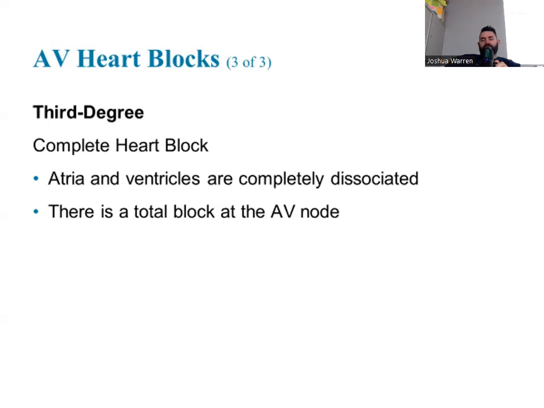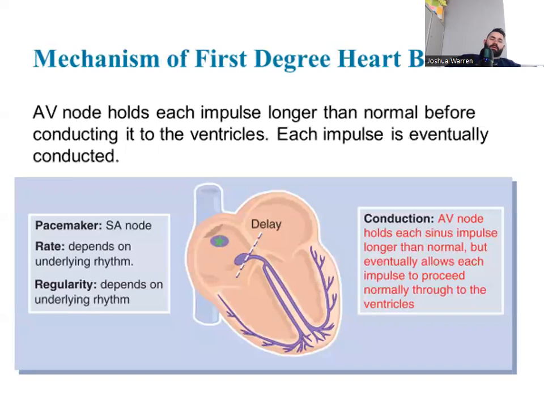Let's take a look at a picture that helps you understand a first degree heart block. So the dominant pacemaker is going to be who? The SA node, sinoatrial node. It sends a signal from where? SA node through the intranodal pathways to the AV node. AV node is supposed to hold that impulse for about 0.05 of a second. On a first degree block, he's holding it longer than he's supposed to, resulting in a